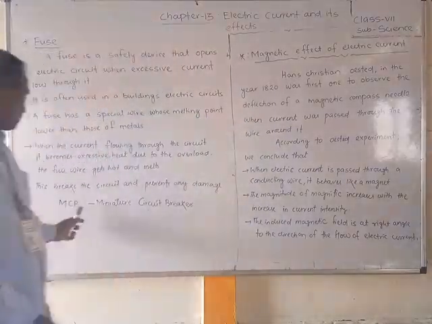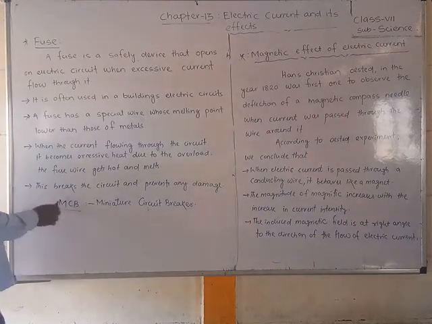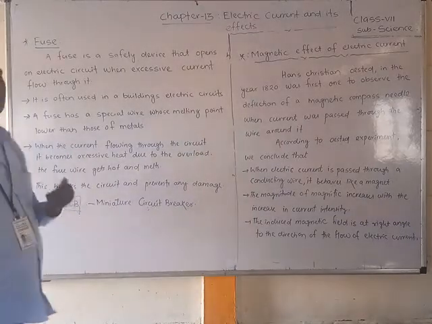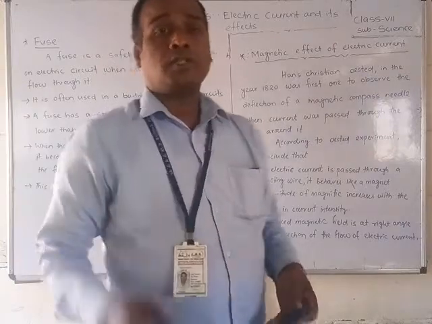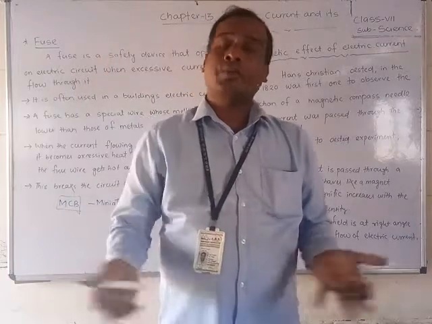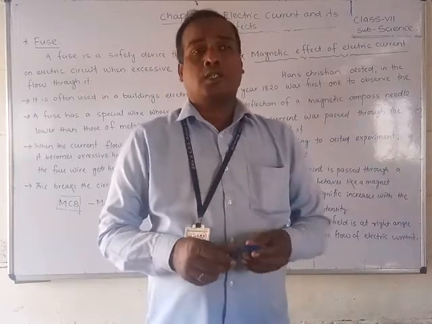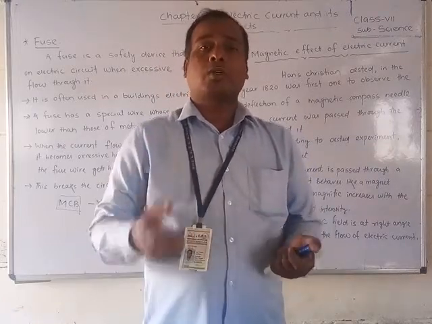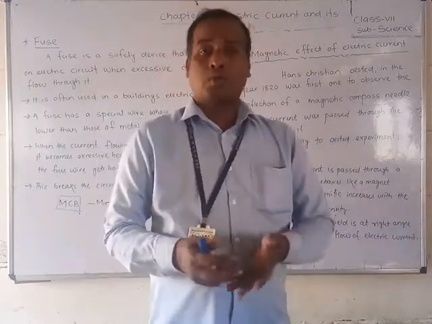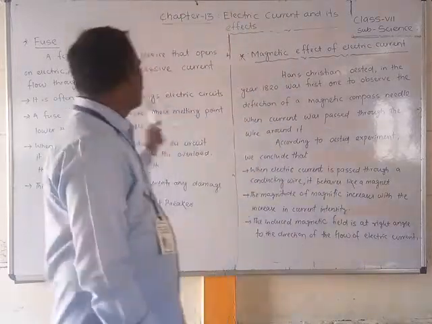Nowadays, friends, you know the MCB. Every house nowadays uses an MCB. What is its full form? Miniature circuit breaker. It works like an automatic fuse. If more overload comes, it will trip automatically, and if you switch it off, you can be safe. It is an automatic system, and if any short circuit, overload or other problem comes, it will give you the information that there is some problem in the circuit. So these are about fuses and miniature circuit breakers.